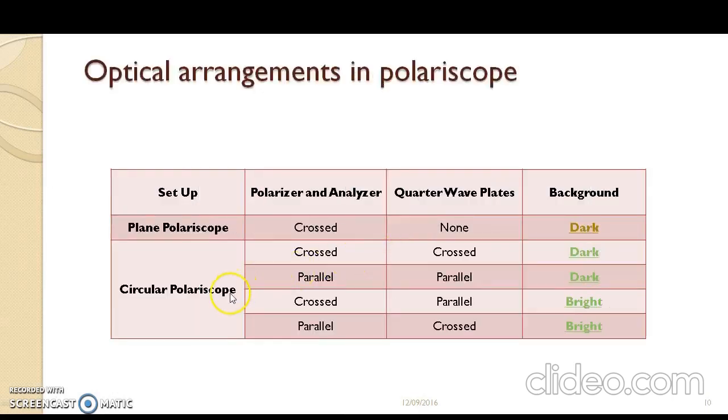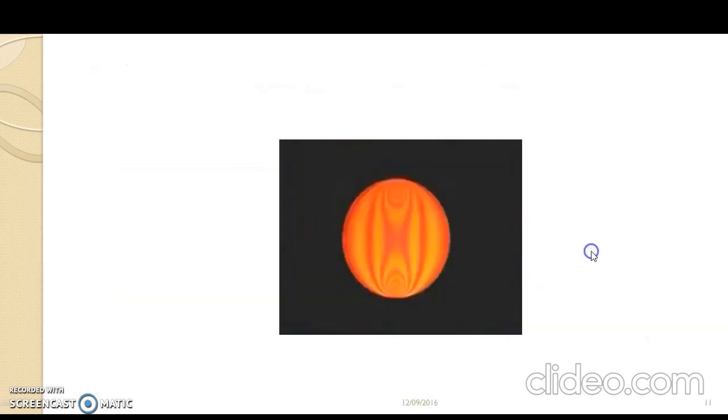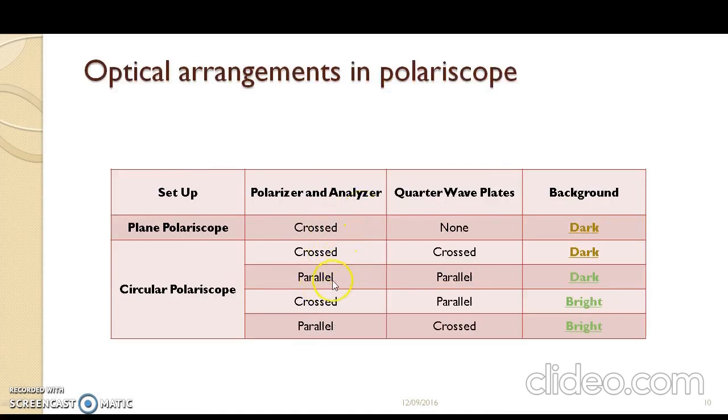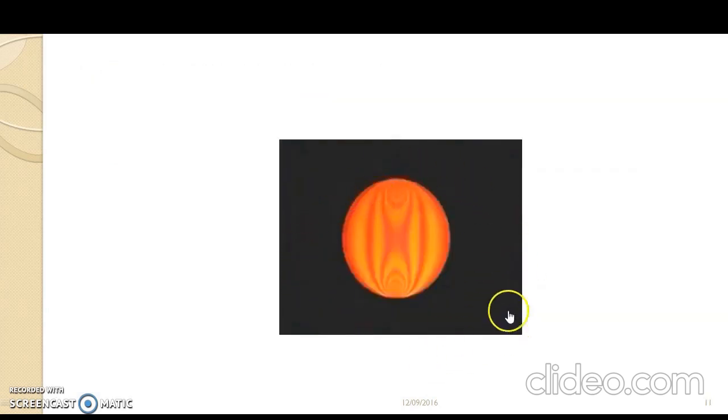Now coming back to your circular polariscope, let us understand the configuration and arrangements of polarizer, analyzer, and quarter wave plates. Now first we'll look into the first condition. Let us consider only a crossed condition here where the polarizer and the analyzer are crossed together. Similarly, the quarter wave plates are crossed here. So now since the planes of propagation are different for each case, the background that we get is a dark background. Similarly, as in the case of your plane polariscope, you get the same thing. Now coming back to your polarizer and analyzer, which are parallel here. Again, the quarter wave plates are kept parallel. You get a dark background.